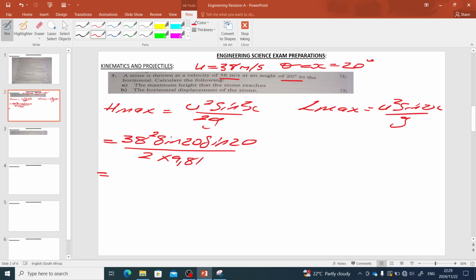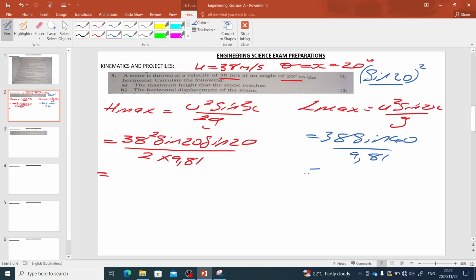If you were to compute it in your calculator, you have to say open bracket sine 20 close bracket squared. This is the route that you need to take. Then for L max, I'm having 38 squared sine of the double angle, which is 2 theta. It will be 20 multiplied by 2, which is 40. Then we have sine 40 divided by 9,81 equals to